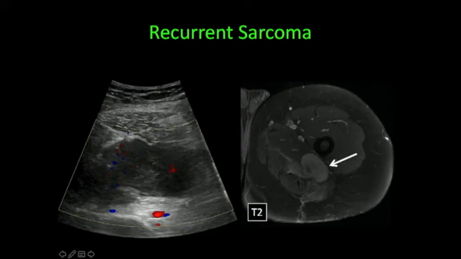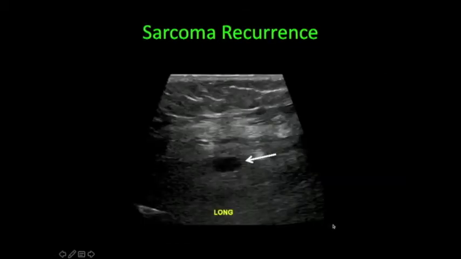Just remember that history is important, and in someone who's had a prior surgery for sarcoma, you would be very suspicious of this mass. And they can be less subtle, so this is a small nodule, it's hypoechoic, but it's deep, it's within the muscle. This isn't an area you would expect a lymph node to occur, so with this history, even this tiny area